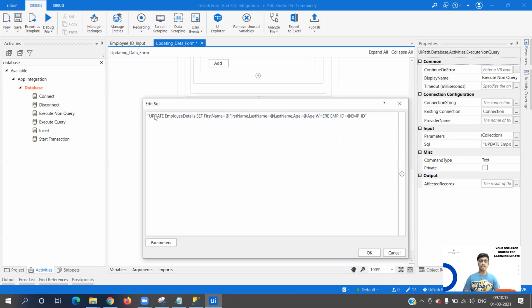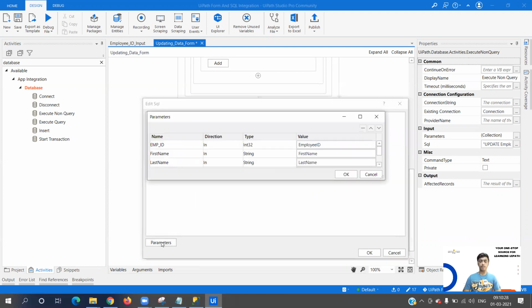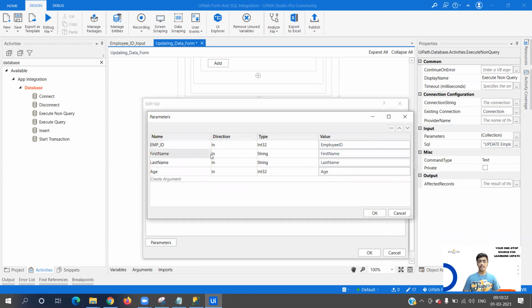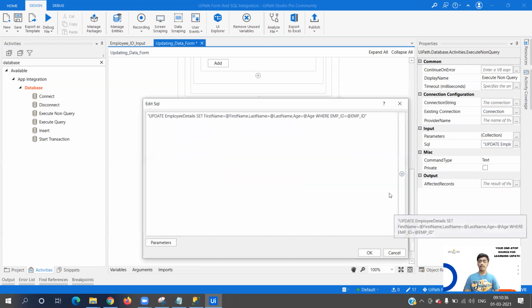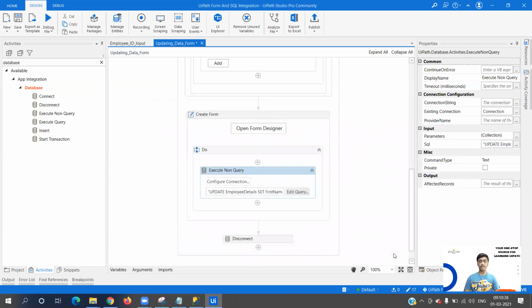This is the SQL query: update employee details table, set first name equals to the first name parameter, last name as last name parameter, age as age parameter, where employee ID equals to employee ID. Now if I go to parameters, we can see over here employee ID, first name, last name, and age. So this is the simple update query that we have written, and we are passing the parameters.